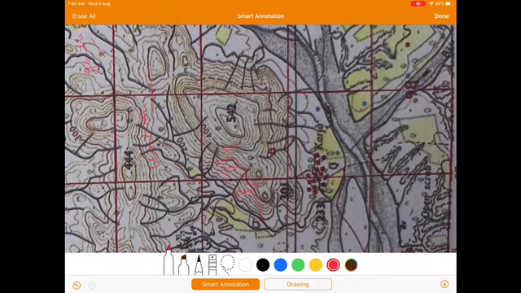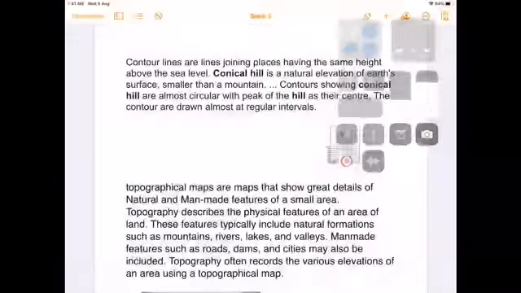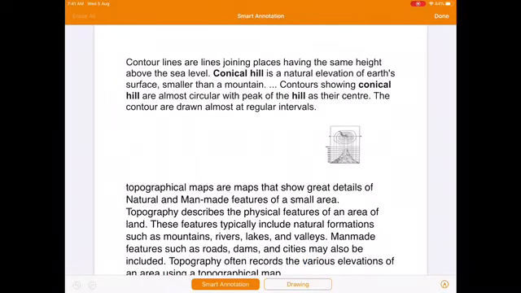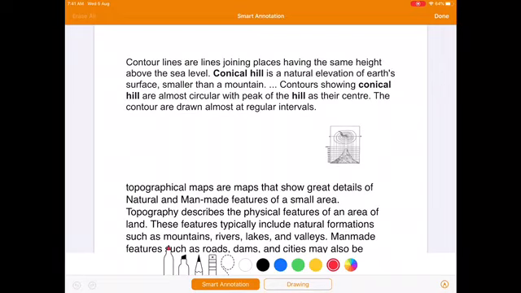So, children, with the help of these contour lines, we are able to understand different landforms on the surface of the earth. So, children, with the help of the contour lines, definitely we are able to understand about the terrain of the place, because these contour lines join places having the same height above the mean sea level. With the help of this, we are able to understand, is that a hill, a plateau region, or what.